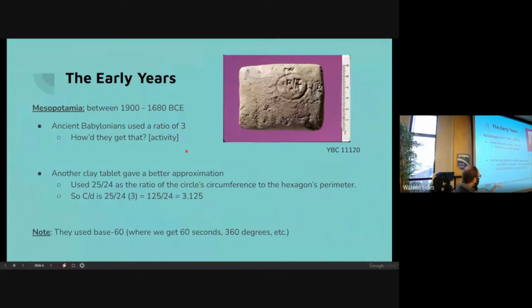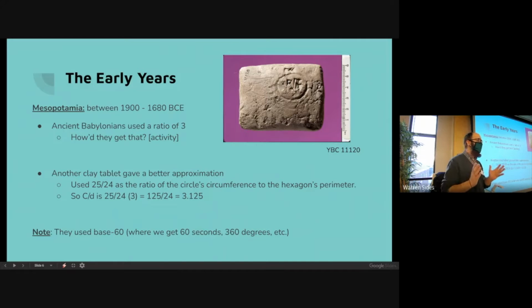So this is where they started, right? They had this ratio of 3. Boom. And then after that, at some point, again, this pile of clay tablets at the end of the school year, they found another one. It's like, hey, turns out they knew that it wasn't perfect. Like that hexagon is not the whole circle. Right? So they kind of superimposed it on a grid, maybe like a 5x5 grid, and said, well, the circle takes up the whole thing, but the hexagon only makes up a portion of it, like 24 of